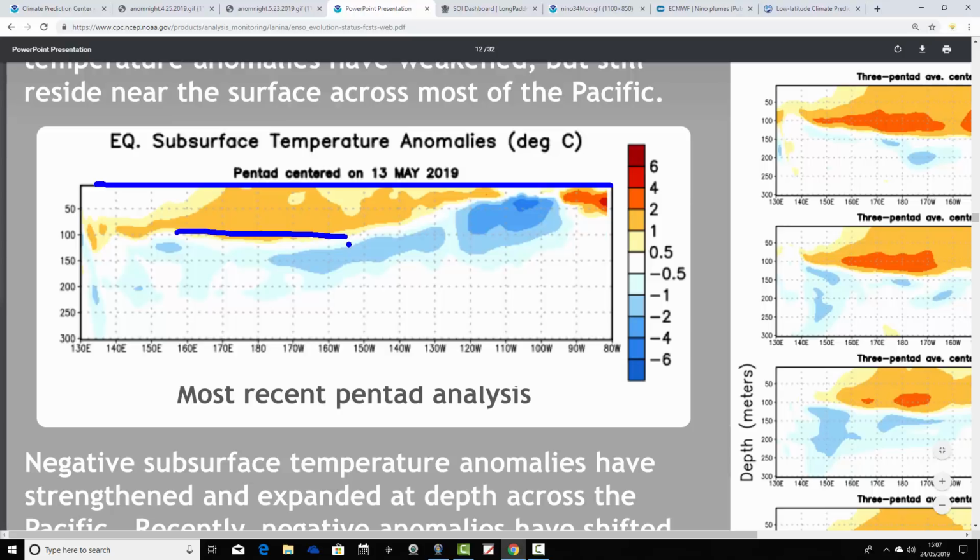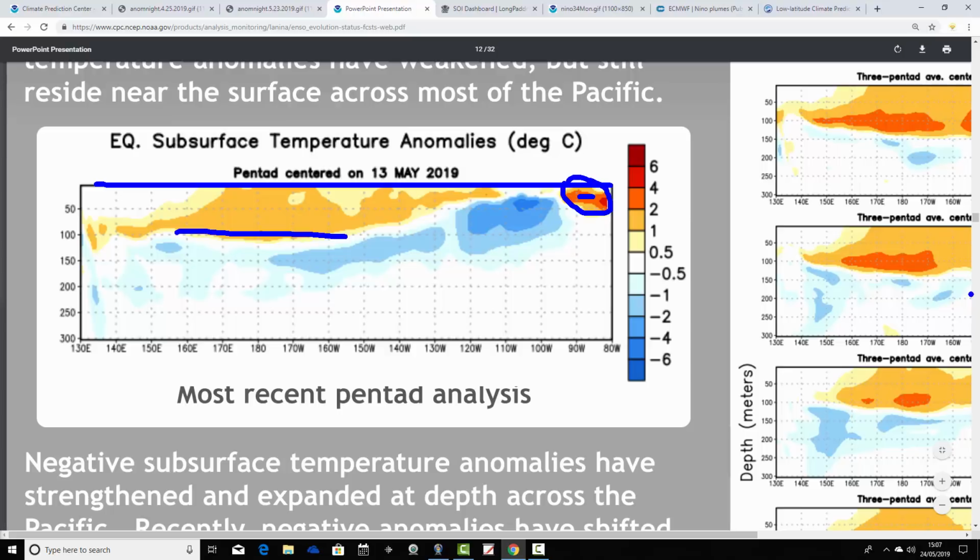So it's a bit of a confused picture, but I would suggest at the very least we are probably seeing the end of the El Nino, if we ignore this much warmer area just here anyway. Probably about to see the end of El Nino. Whether we actually do go into La Nina, whether we swing into a cold event, remains to be seen. I would suggest at the moment the most likely scenario is that we'll just fade back to ENSO neutral, but it's not totally impossible that we'll see a cold event.